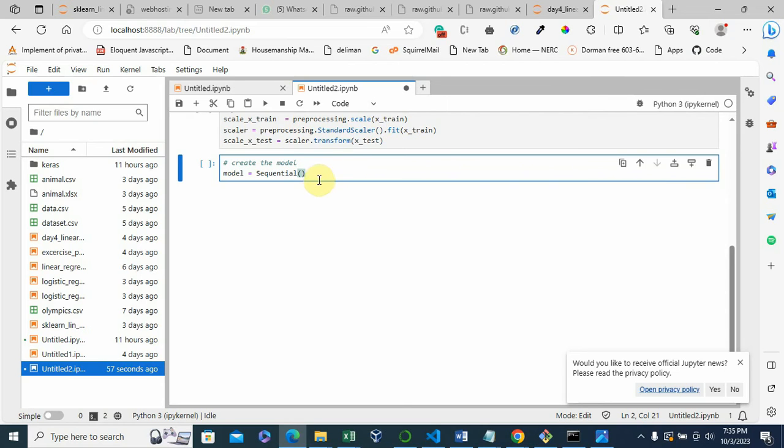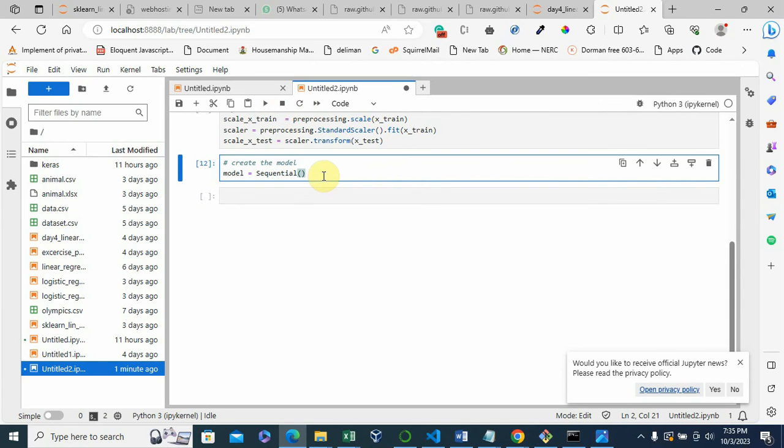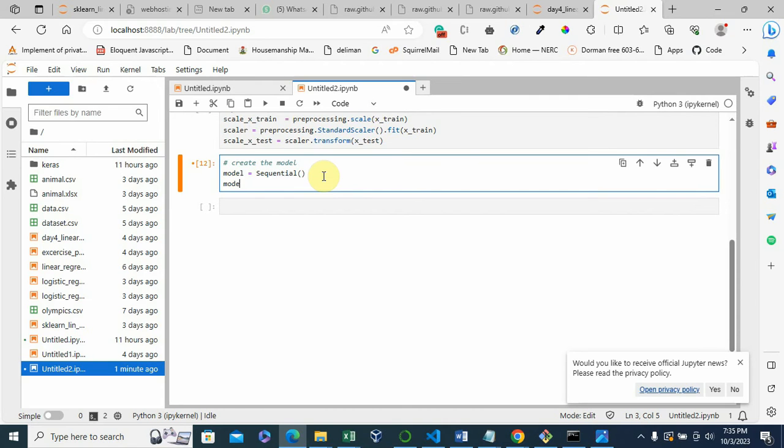So that is your model. The next thing is just to instantiate the model. All right, the next thing you want to do is to build up the layers of that model. So let's say the first thing we want to do is to add the first layer, model.add.